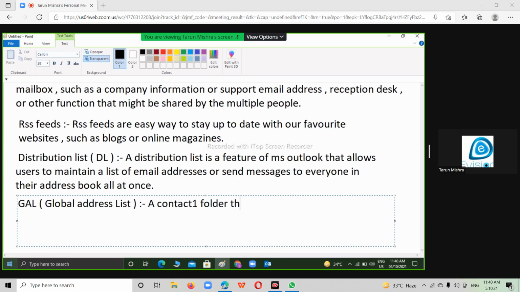GAL is actually a contact folder stored in the Exchange server.